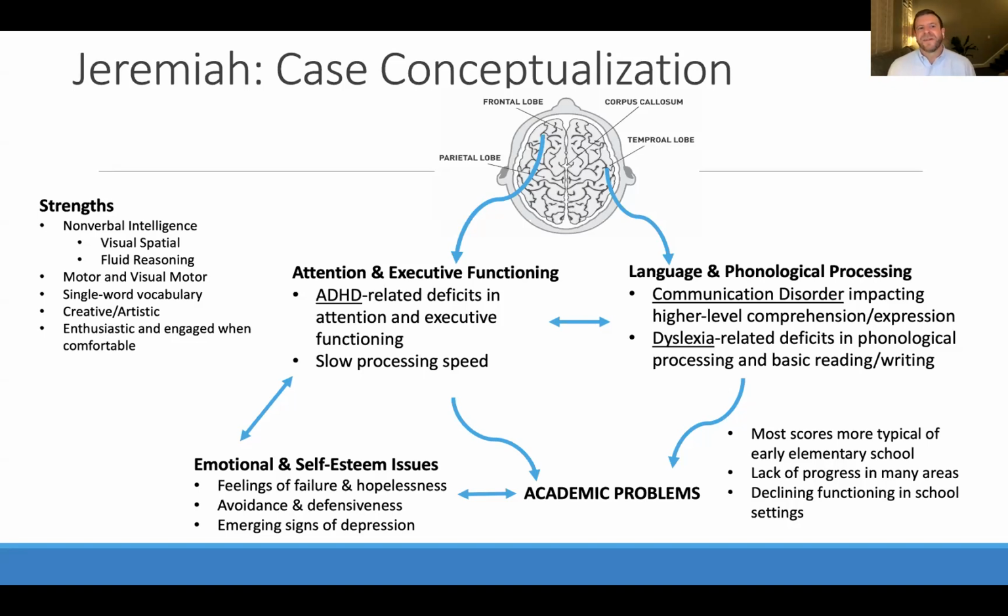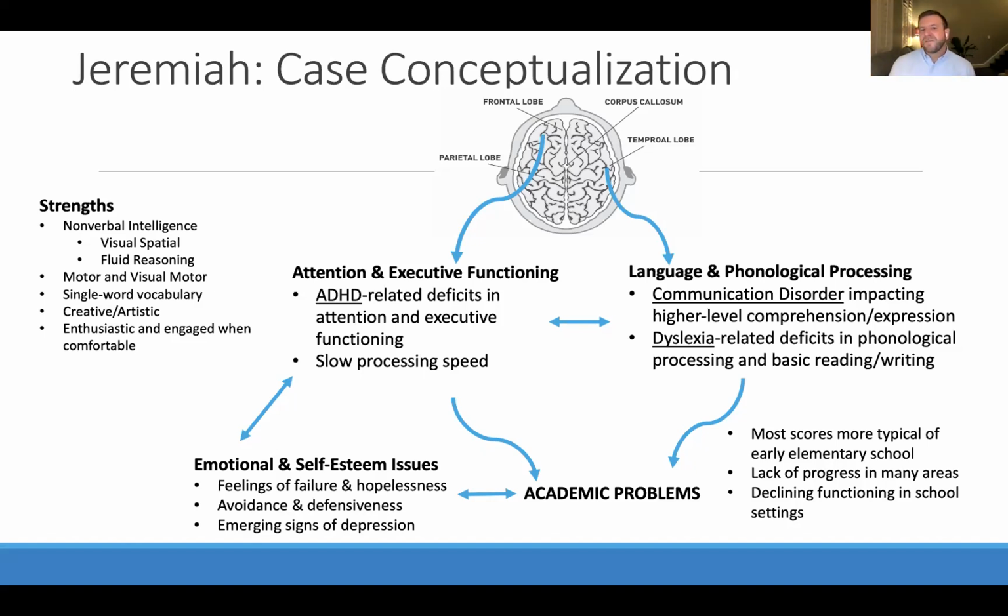We also saw other strengths. Visual motor skills were good, single word vocabulary. Jeremiah was a really creative, artistic kiddo, and once engaged and comfortable, very enthusiastic, even about learning, right? But we saw two key areas that were impacting the student. And I think about this with parents, if you think of someone juggling, you can really only throw 2 or 3 balls, right? Too many and folks can't do it, right? And so thinking in those chunks of how to understand what a student's struggling with is really important.